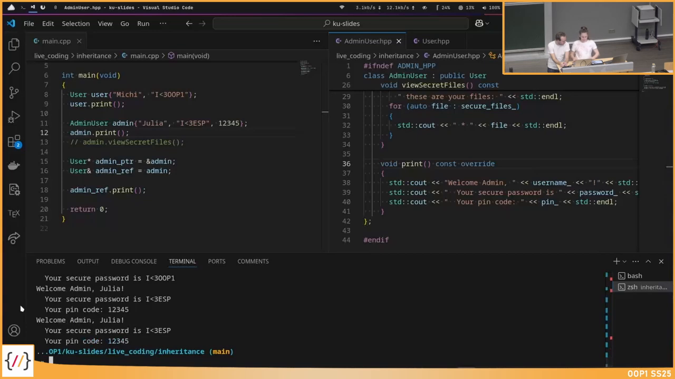And yeah, it seems to work. We have these admin references. We want to call print, and it actually calls the print method of the admin user. I think this is really nice now because really the admin reference is taken here, and now C++ more or less asks, okay, yeah, admin reference, we have this